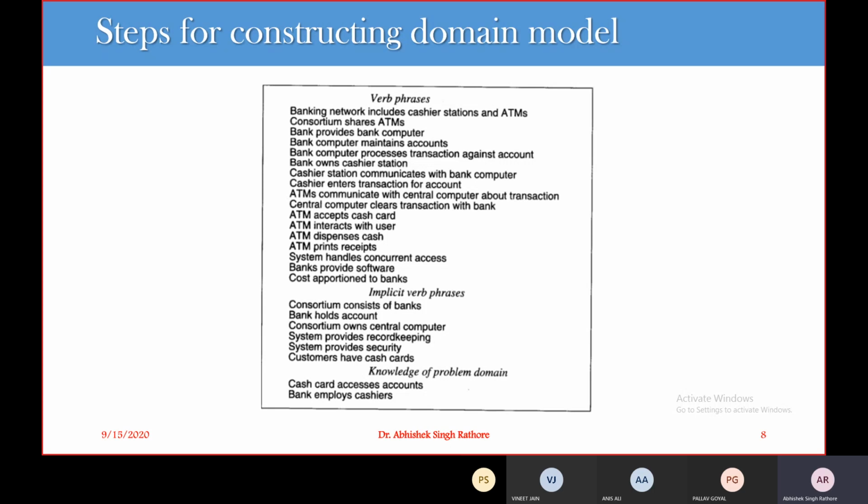Or we can have some communication. Let's say this system talks to another system. Again, we can have an ownership relationship. Let's say this consortium owns the central computer. Or we can have a has-a-part relationship, or a part-of relationship. Or we can have some satisfaction level, for example works for, or the cashier station communicates, or married to, or manages. This is how we can have associations available for us.